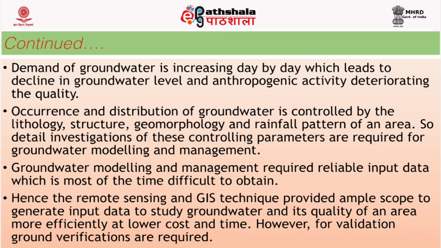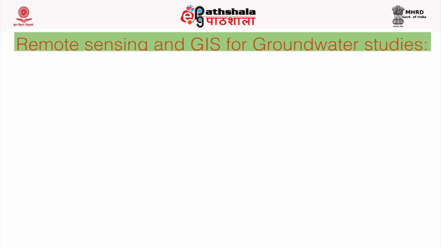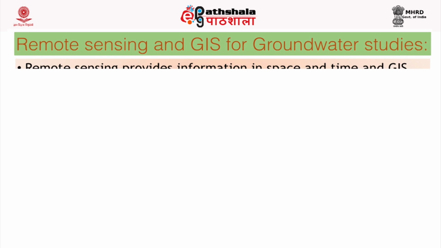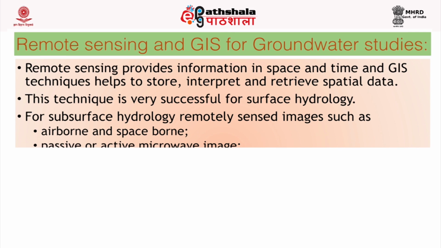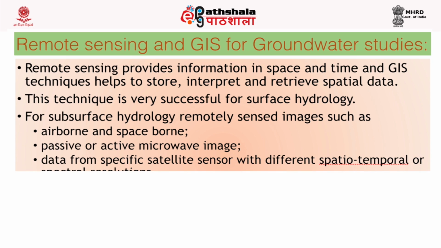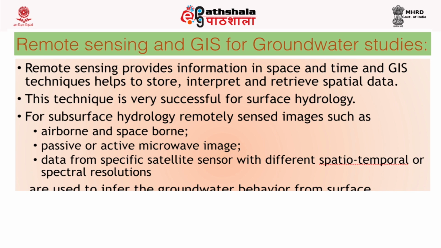Hence, remote sensing and GIS technique provide ample scope to generate input data to study groundwater and its quality of an area more efficiently, at lower cost and time. However, validation is needed. So we can apply remote sensing and GIS for groundwater study. Remote sensing provides information in space and time, and GIS techniques help to store, interpret and retrieve spatial data. This technique is very successful for surface hydrology, but for subsurface hydrology, remotely sensed images such as airborne and